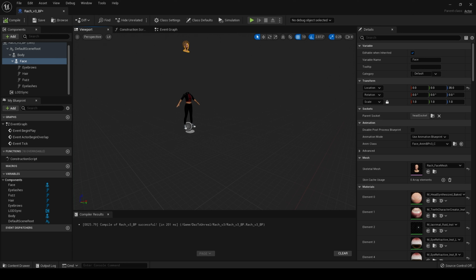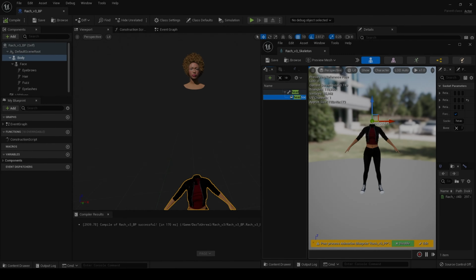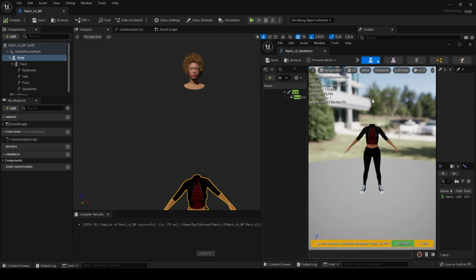And then I want to go back. And now I want to move the head down. So select the head socket and move down. And as you can see, when we move this head socket, it goes down. And I want it just so, if you look here, I just want the chest not to be visible. So let's go down. There we go.